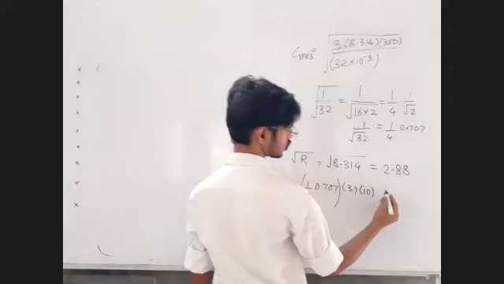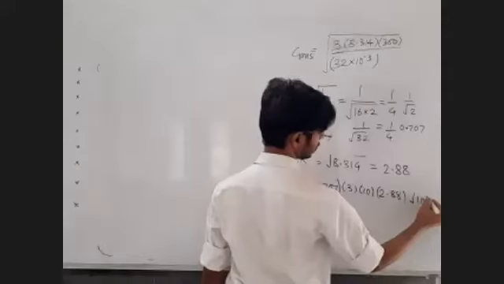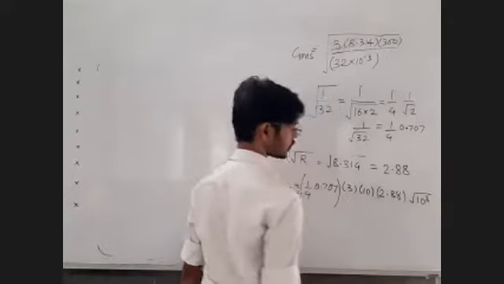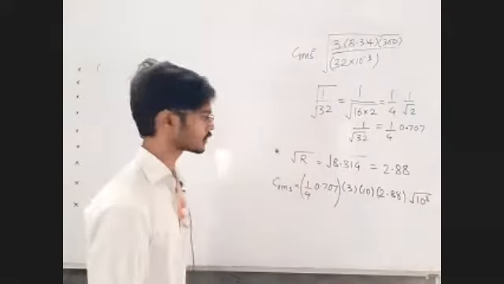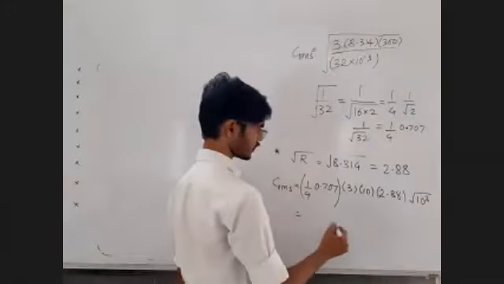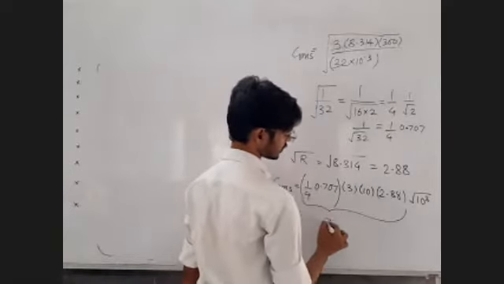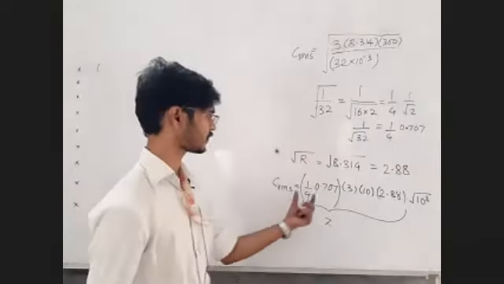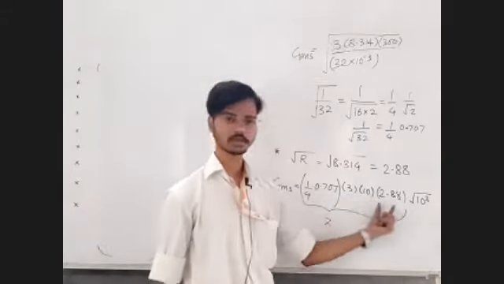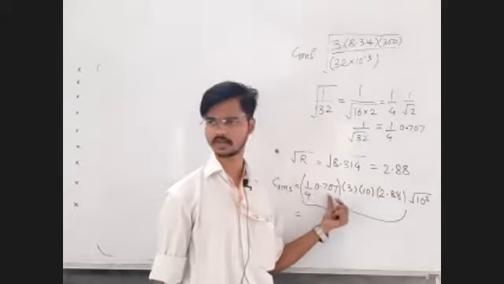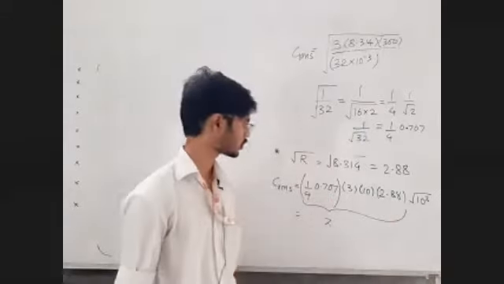The 10 raised to minus 3 will go into the numerator and it will become 10 raised to 3. What is the square root of 1000? Let us try to calculate. It is very easy. Now let us call this calculation as some value, let's say z. This calculation will you be able to do on your own? You may take this as 0.71 or 0.70 also, no problem. Just do the calculation on your own.